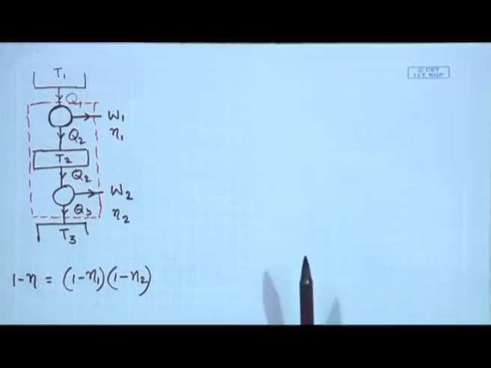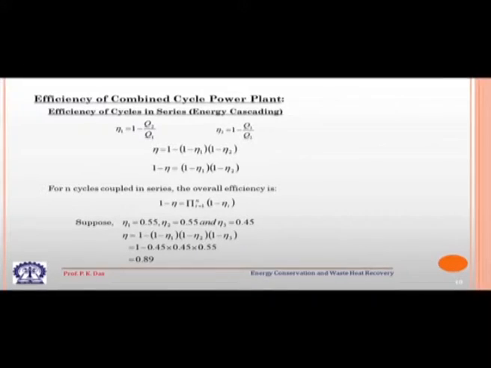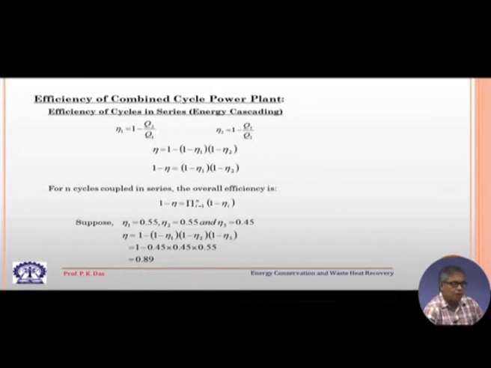If we see the PPT, we will find that this has been written over here. The interesting thing is that though we have derived it for a 2 heat engine cycle, it can be extended for n number of cycles coupled in series. Series coupling means that the thermal energy rejected by the cycle at the top, the cycle operating at high temperature, will be picked up by a cycle at the bottom, which is operating at a lower temperature.